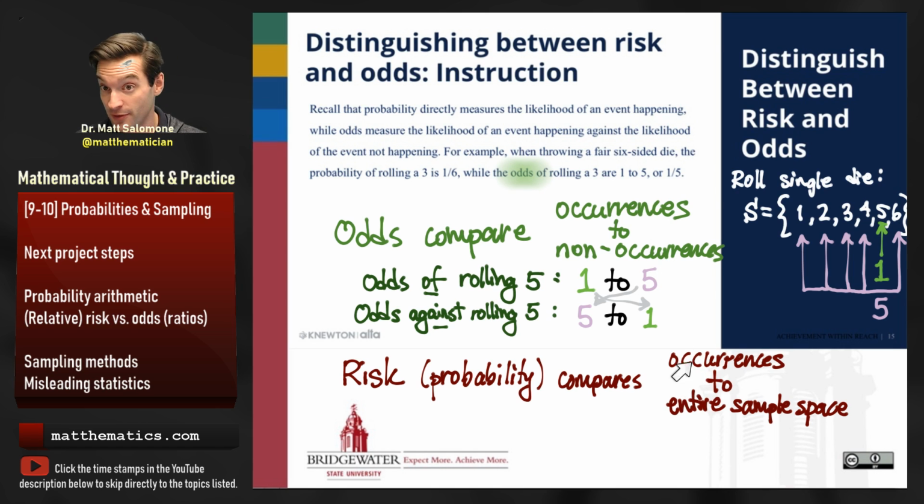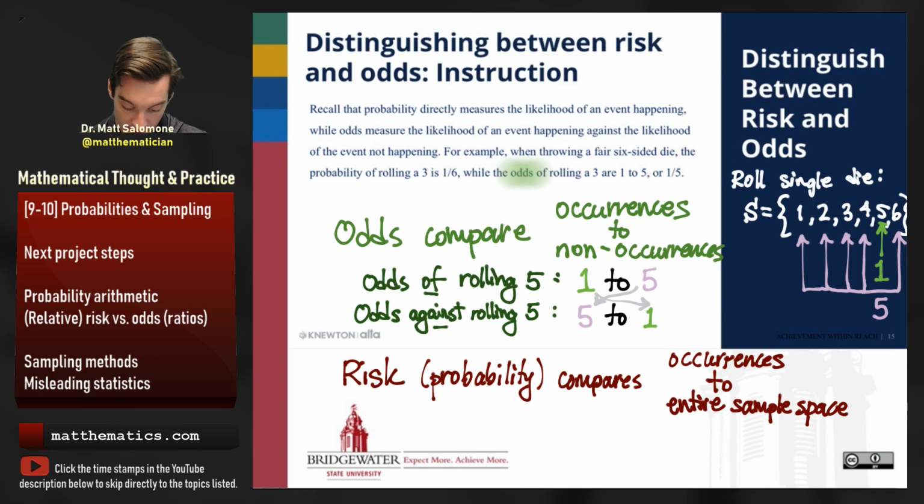My denominator is different. My denominator for odds removes out the favorable occurrences and gives me just the non-favorable occurrences. Meanwhile, for risk, my favorable occurrence is actually a part of that denominator because the denominator is the entire sample space. So this diagram that we had over here was for odds. The odds of rolling a 5 were 1 in 5 because one way it can happen, 5 ways that it can't happen. If I want to state what the probability or the risk of rolling a 5 in this experiment would be,